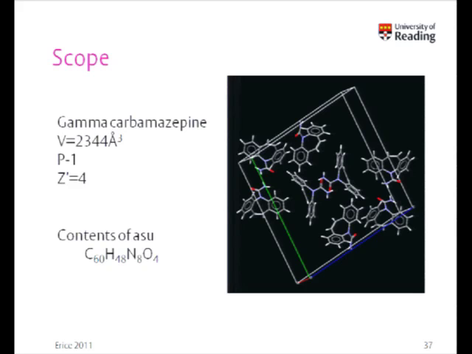This is the gamma form of carbamazepine in space group P bar 1 with a Z prime of 4 in it. And you can see that the contents of the asymmetric unit are fairly hefty. But that one is very easily solved by global optimization. Actually, ironically, not by Bill and I, but by one of the students at Strathclyde, Philippe, who solved it by doing nothing more than reading in a description of a single molecule of carbamazepine, telling DASH that there were 4 of them, pushing the button, and coming back an hour or so later.